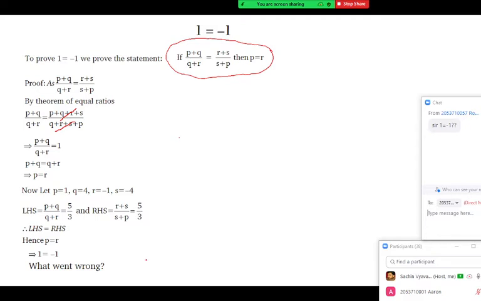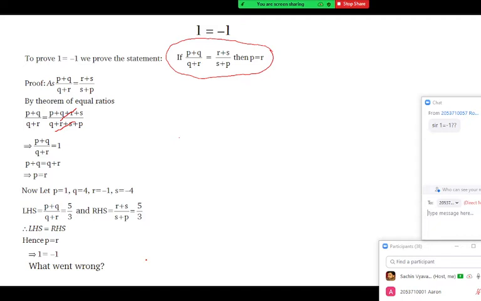So what gets wrong here? Which step is wrong? Because of that, we come across a wrong result, and that is known as a fallacy. This is a false statement. Some wrong thing we did in the proof, and because of that we are getting the wrong answer. Mathematically it looks like everything is correct, but somewhere we are wrong, which indicates 1 is equal to minus 1, and that's definitely not possible.